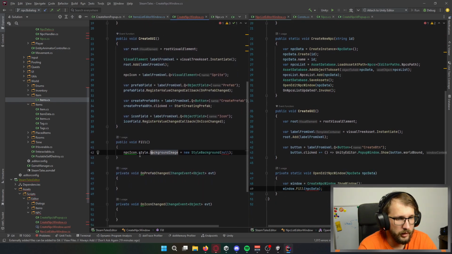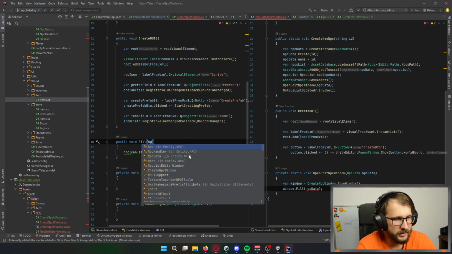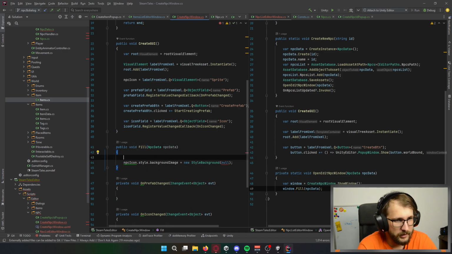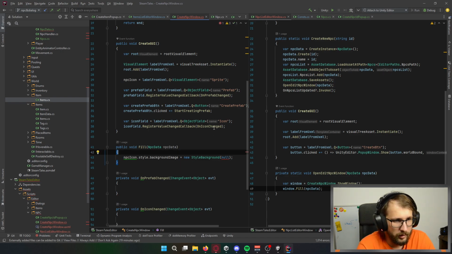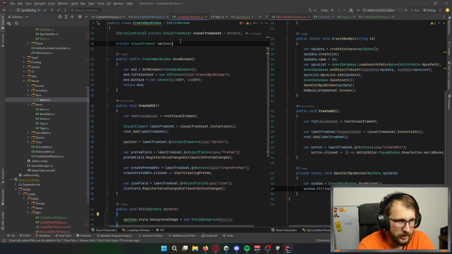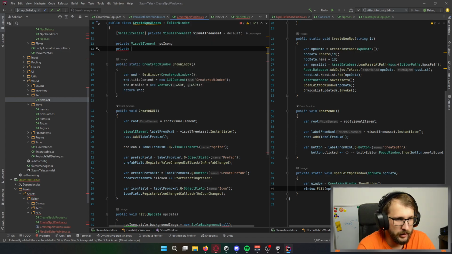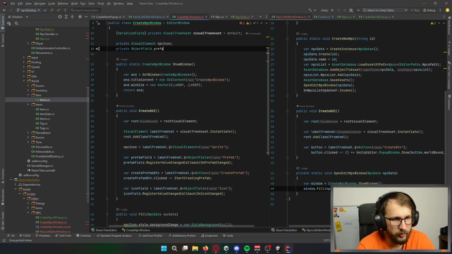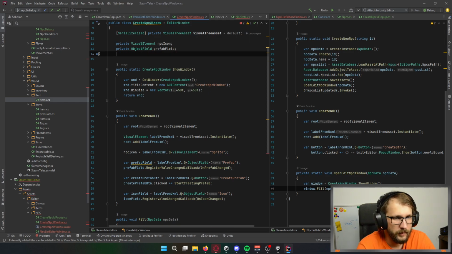Here, with fill, I'm passing NPC data, and now I can easily go with, of course, I can't leave it like that. I have to make private object fields. For the prefab field, I have to create a prefab. I don't need it outside.